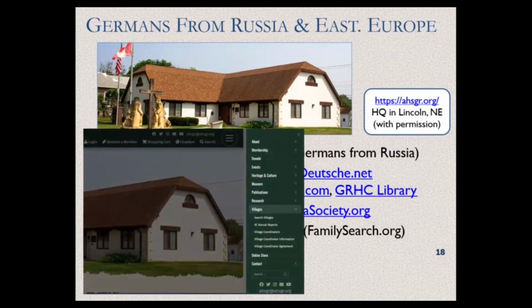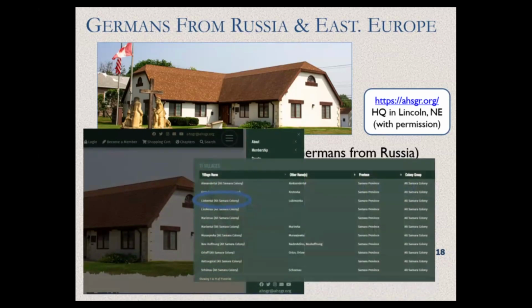Here I want to show you that website, AHSGR, where you go to villages. Similar, you can find under Bukovina, Germans, and other websites. So you click on your village. Actually, those volunteers even went to Russia and visited those villages. And it also gives you the current name of that place, because of course those names are not there.